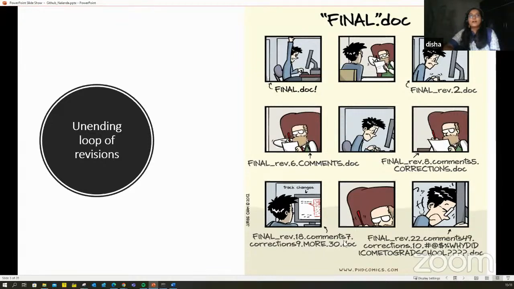The thing is, what if you did not save it with a new document and a new name, and you keep making changes in your original document? The reason this PhD fellow is not really doing that is because he does not want to lose whatever previous version he was working on. Say suppose he did all these feedback revisions, till revision 22, on a single document without changing the name. Word will save only the latest version of changes, right? And it will forget all the other previous changes. Once you save the file, there's no option of Control Z to undo the changes, right?